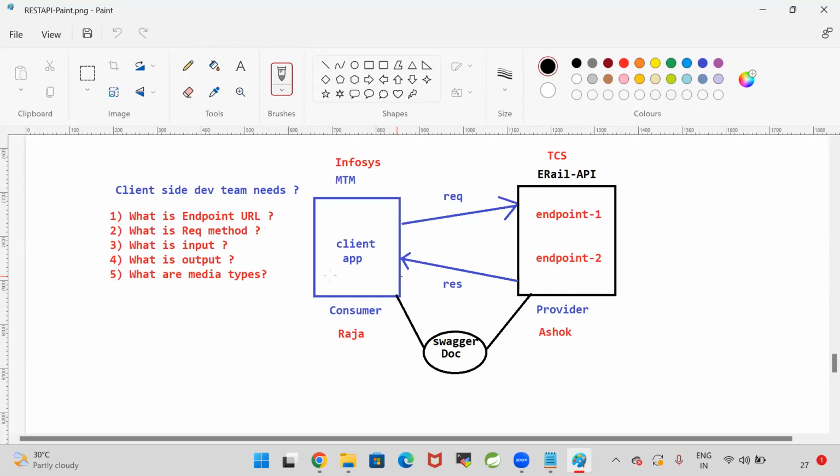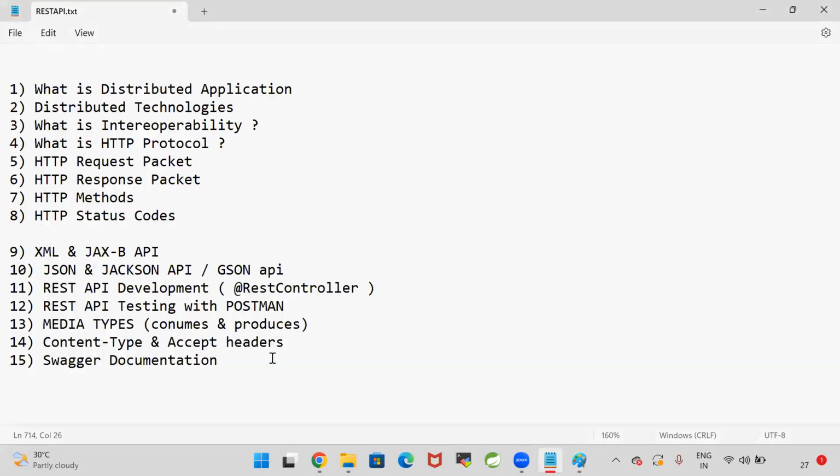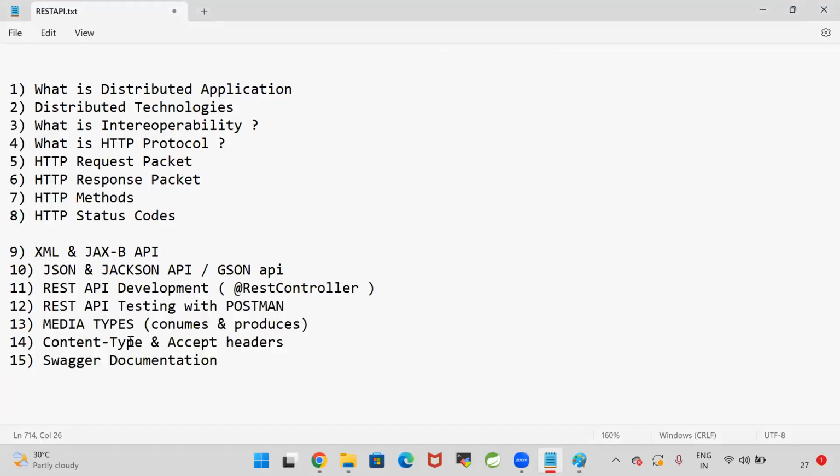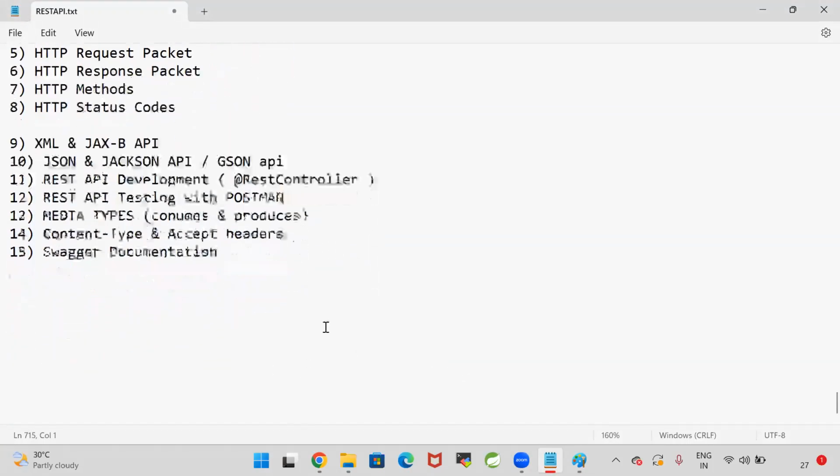So to provide the documentation of the API, we are going to use endpoint URL, request method. All that information should be known to the client-side development team. To know all this information, the client-side development team will get the documentation from the provider. Based on the provider documentation, they can develop the client logic. And along with this, we have seen